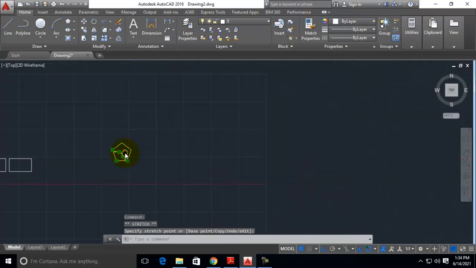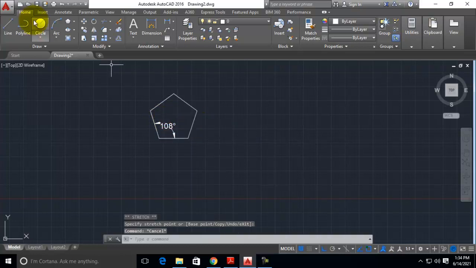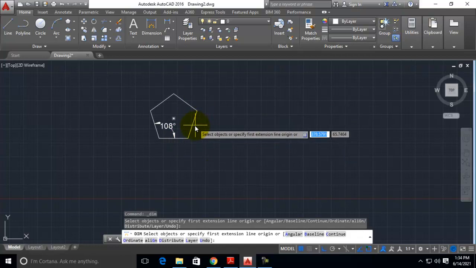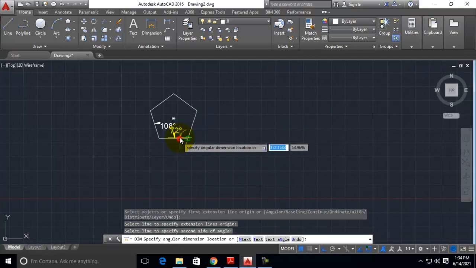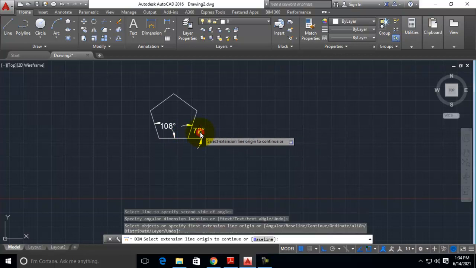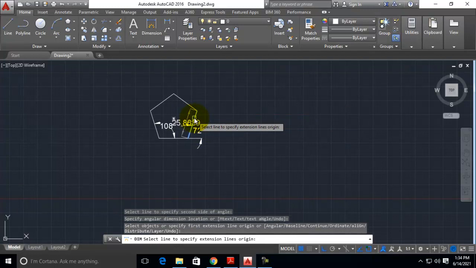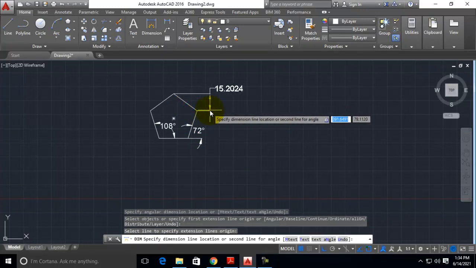You see here this angle is 108. Similarly you have to find out the other angles also. Mostly 108 and 72 will be the angles. Here you see this angle is 72. We have to position them accordingly with baseline.